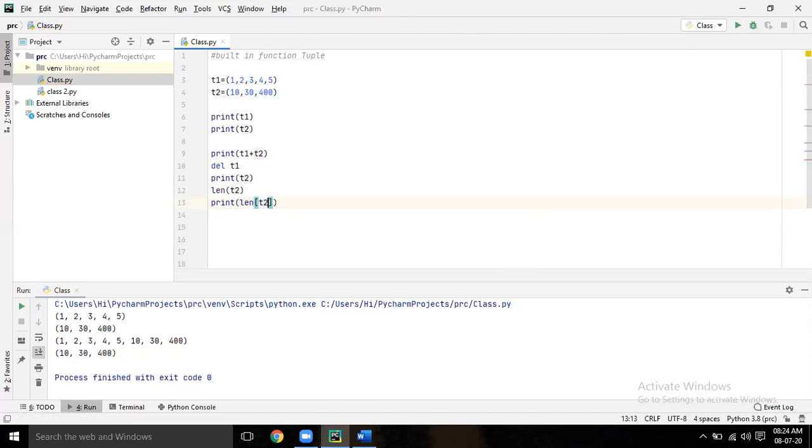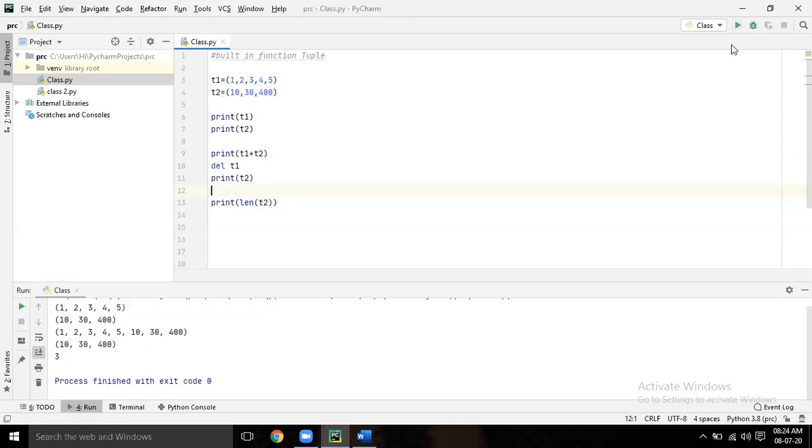No, normal bracket. Remove the upper one, 12th line remove. This one. Yeah, delete. Run it. Okay, length of tuple. So now we cannot assign something. Tuples are some different value.